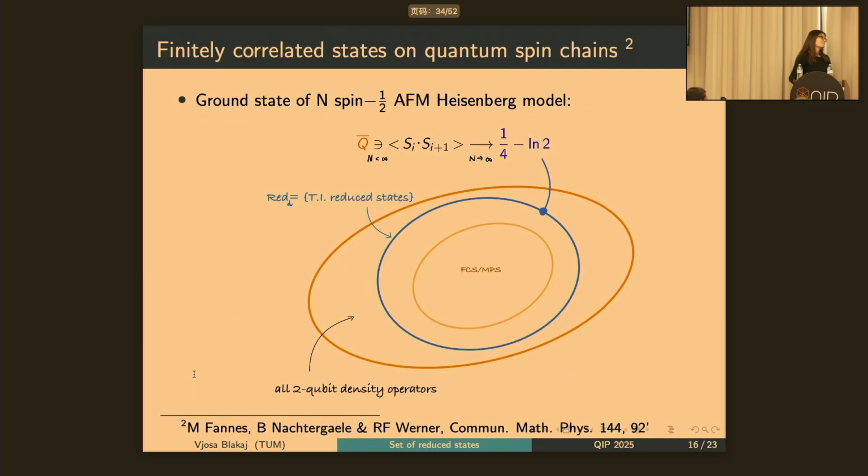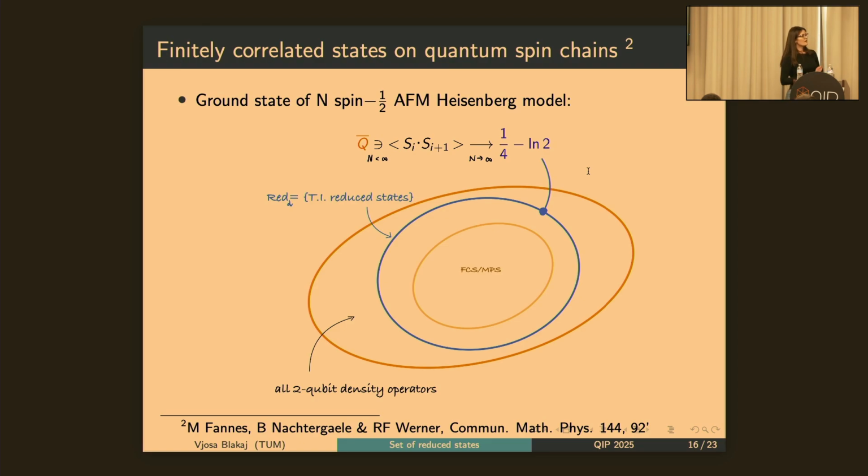OK, so let me now mention one of the main motivations for why we wanted to study this set. In the paper of '92 from Fannes, Nachtergaele, and Werner, they used the separation between algebraic numbers and transcendental numbers to show that the ground state of the n-spin 1/2 antiferromagnetic Heisenberg model cannot be a finitely correlated state. So finitely correlated states are translation invariant states that have an algebraic structure, so you do not need transcendental methods to build them up. So if we consider, say, a ring with n qubits, and we want to evaluate the